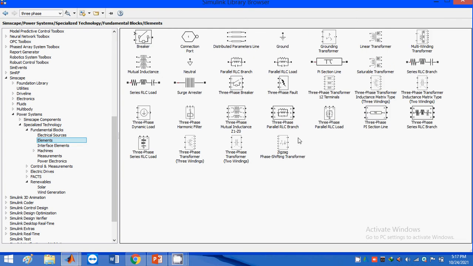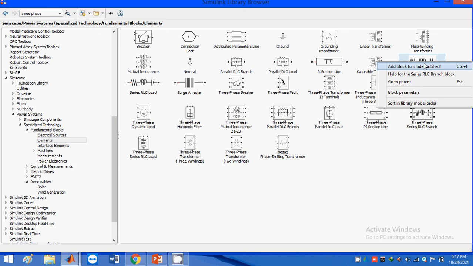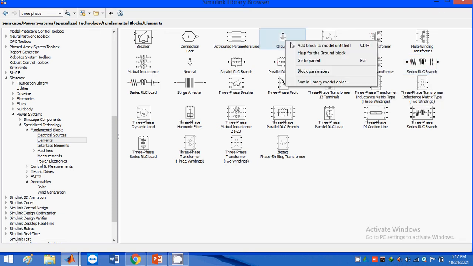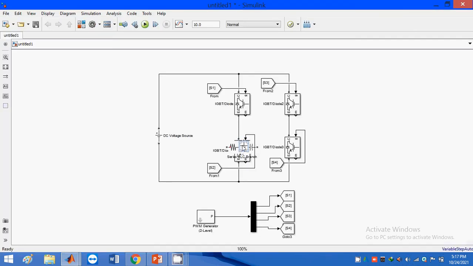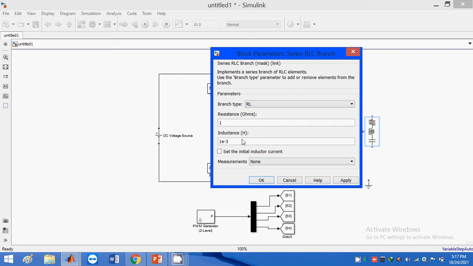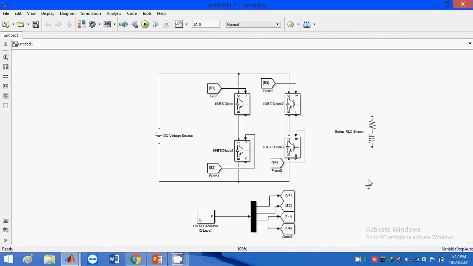Okay, this one, and take this ground also. I'm shifting this icon and changing it to RL parameters. I'm just changing the ratings of the inductance. Okay, so connect this terminal to this.